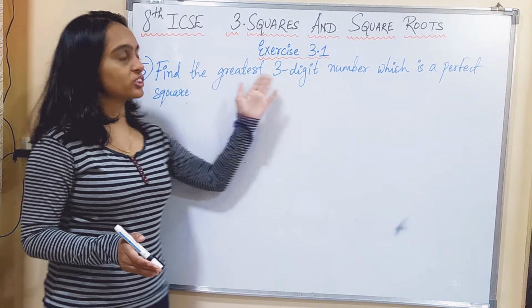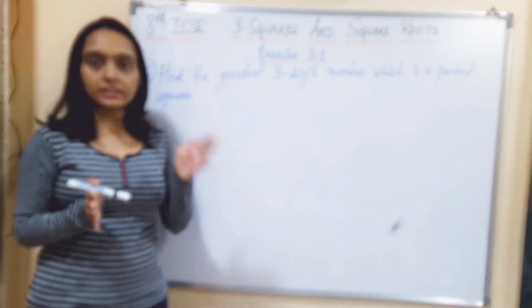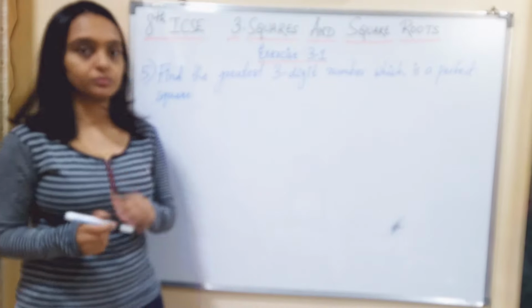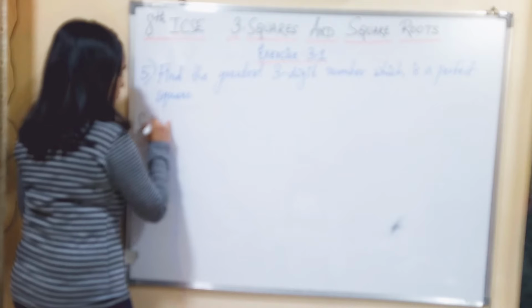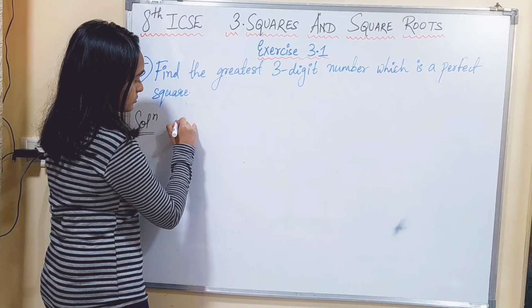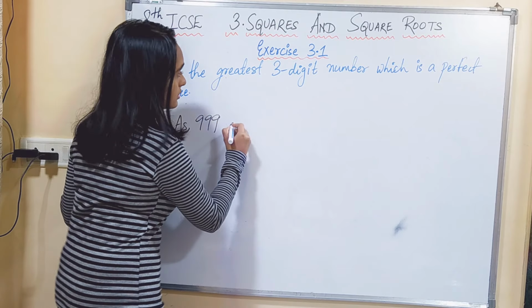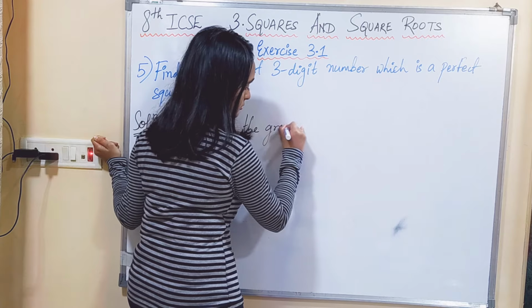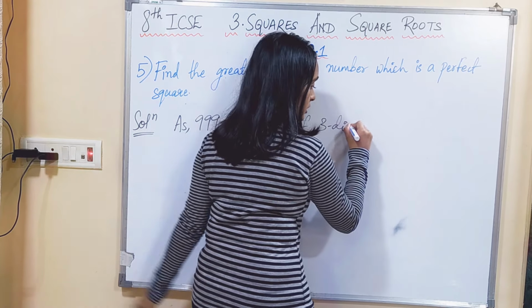The next question is: find the greatest 3-digit number which is a perfect square. So you already know which is the greatest 3-digit number. Greatest 3-digit number is 999. So we have to find the smallest and closest number which is a perfect square. Okay. So solution: as 999 is the greatest 3-digit number,